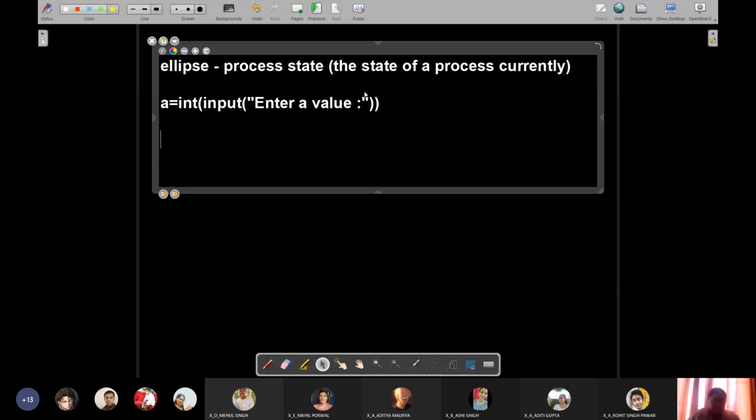So this is a point where the CPU has to suspend the execution of this program and move on to the next one. Now when this statement is there, what device will be needed? Obviously keyboard will be needed here. What is keyboard? It's an input device. So it will go to the keyboard device queue.